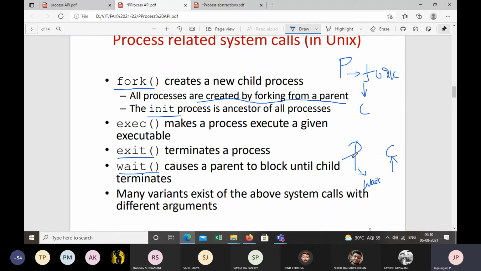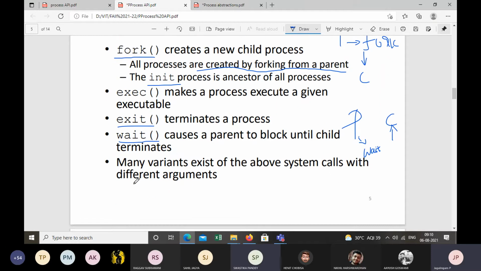Only then will the parent continue its execution. And there are many variants of these system calls. You can pass different arguments inside the parentheses.